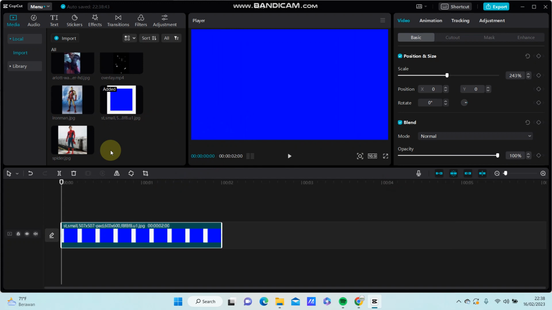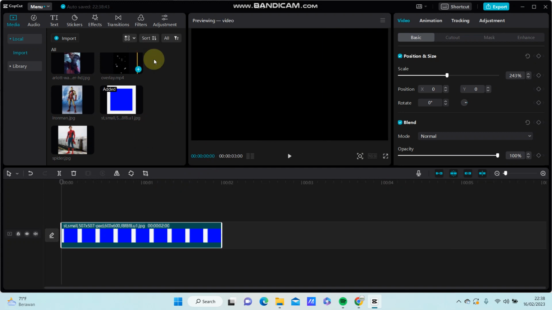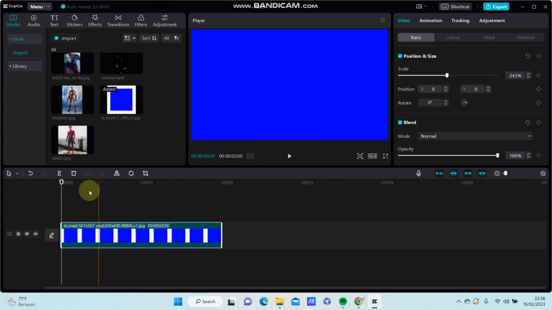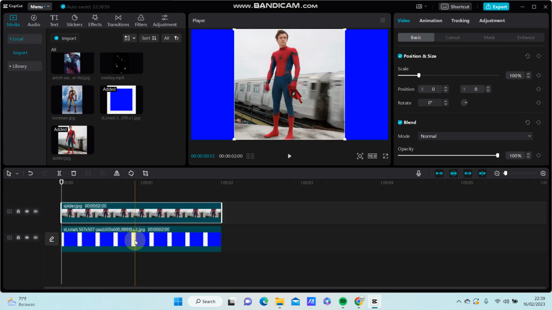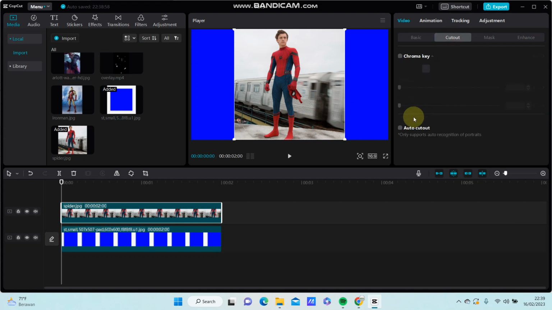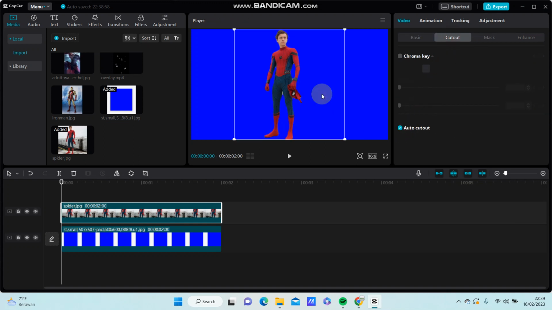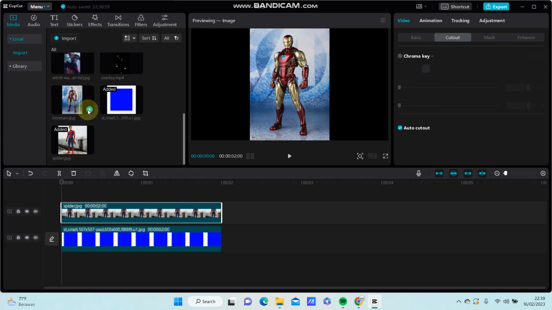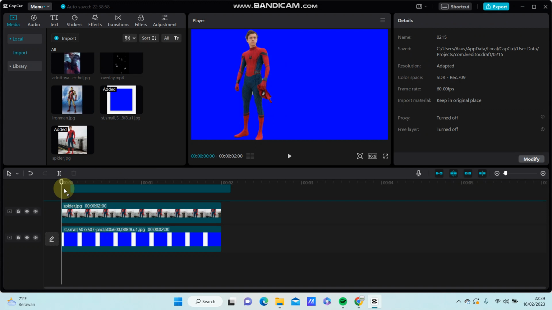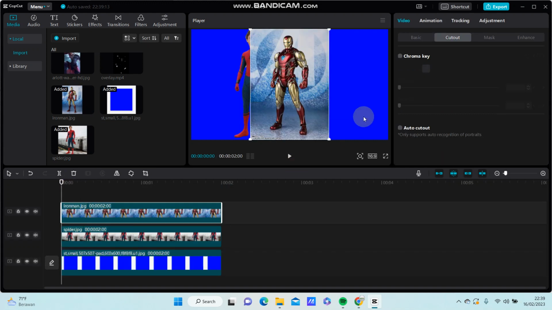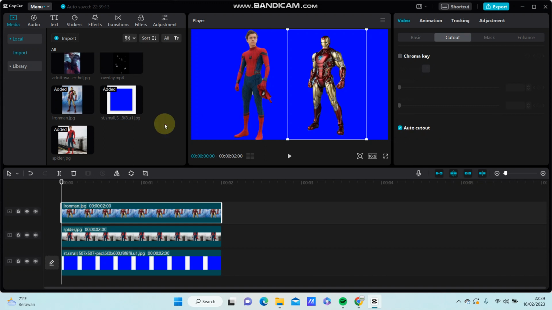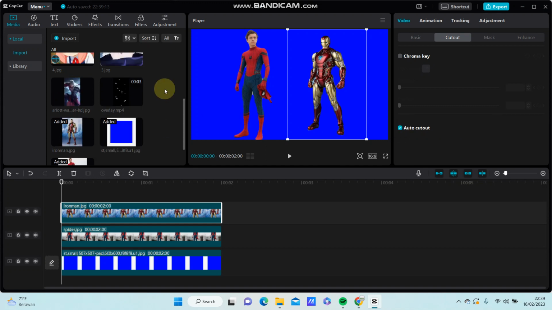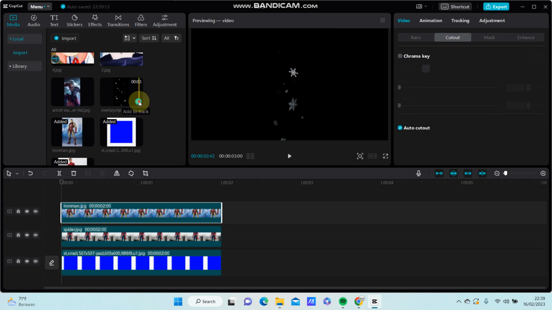You can select the image or overlay you want to clip, so put on top another clip. You can also remove the background like so, and add another overlay, put on top another clip and remove the background. And you can also add another overlay again,